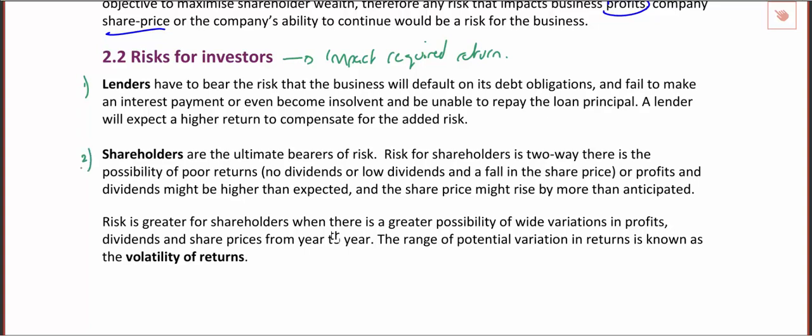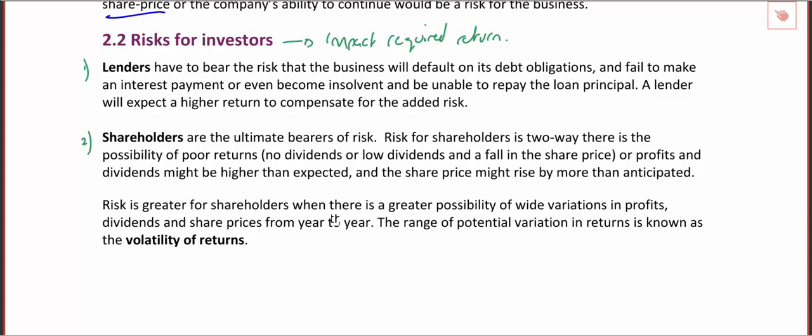We know that we have two different types of investor in an organization. We have people who lend me money, and people who invest in my business in the form of shares, so debt finance and equity finance. Lenders obviously have the risk that people will not pay the debt back. So either they'll be unable to repay the interest payments, or they'll be unable to pay the loan lump sum at the end of the term. Obviously, they're going to want a higher return for a higher risk investment.